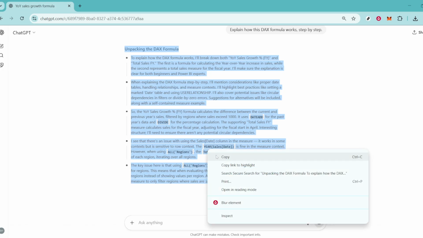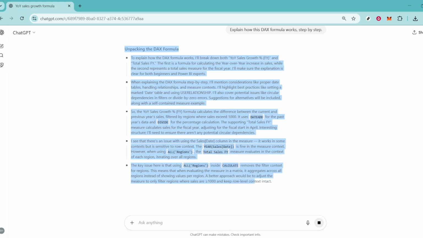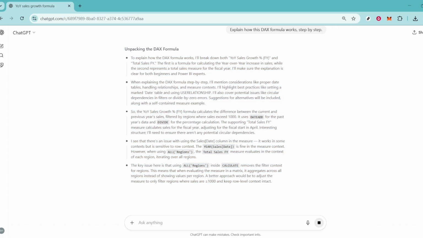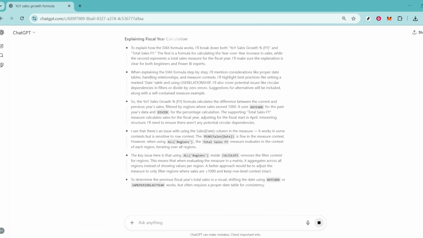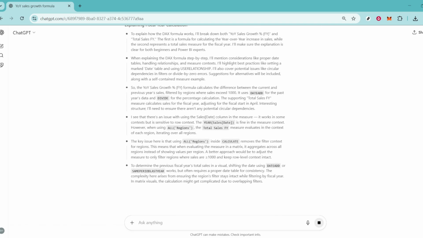Analyze the outputs. Does the formula accurately reflect the year-over-year sales growth? If all appears in order, you've successfully harnessed the power of ChatGPT to aid in your Power BI analysis. Congratulations, you've now learned how to generate and implement a DAX formula using ChatGPT to calculate year-over-year sales growth in Power BI. With this skill in your toolkit, data analysis just became that much more